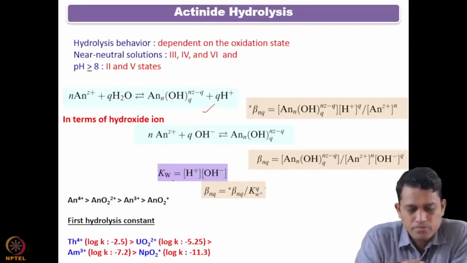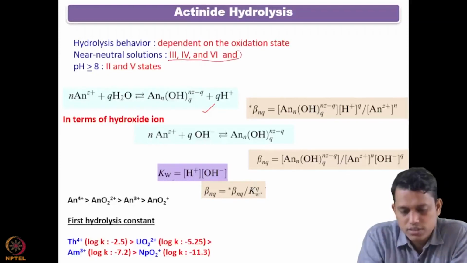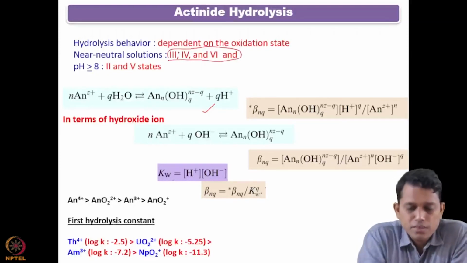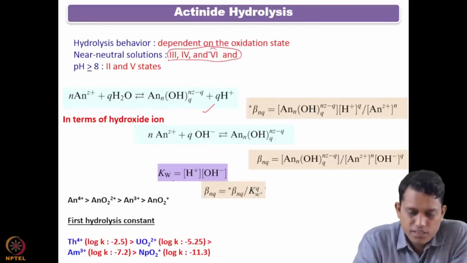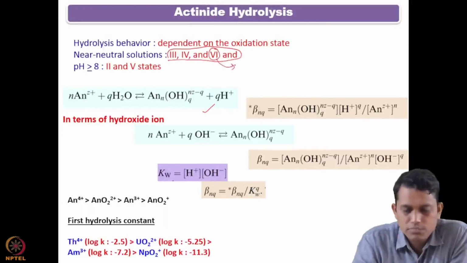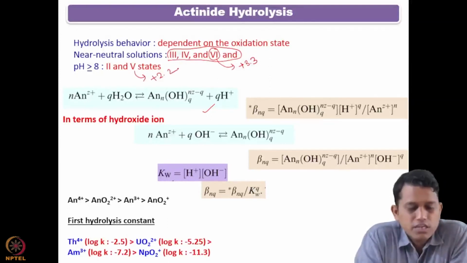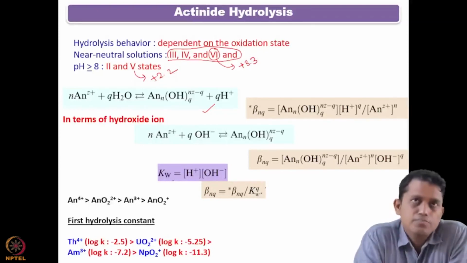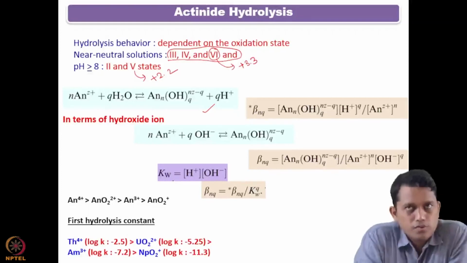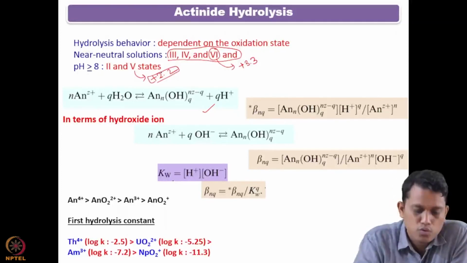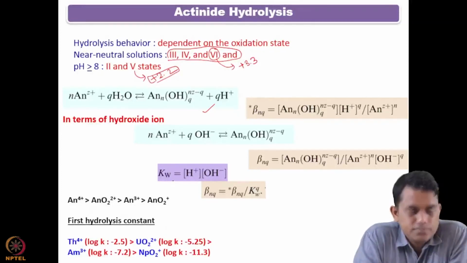state. And we have seen the oxidation states, you can say +3, +4, and +6. As I've said, when we talk about +6, it is basically +3.3, and when we say +5, it is basically +2.2. So we have seen that the higher oxidation states have hydrolysis in the range of near neutral pH, whereas for the lower, that is the +2.2, the hydrolysis will start at pH greater